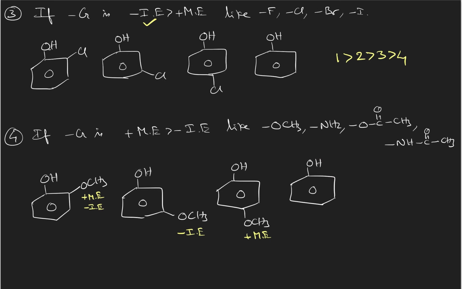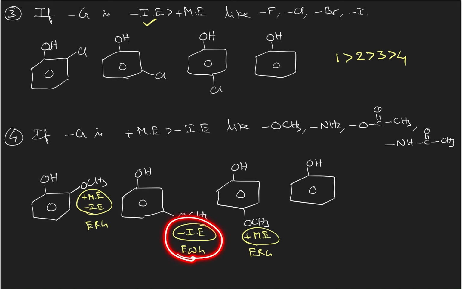So having electron withdrawing group, this is an EWG nature. This is an ERG. This is also ERG. So having electron withdrawing nature is better than unsubstituted phenol, which is better than electron releasing groups. Therefore, second compound is more acidic than fourth compound, which is more acidic than the others.